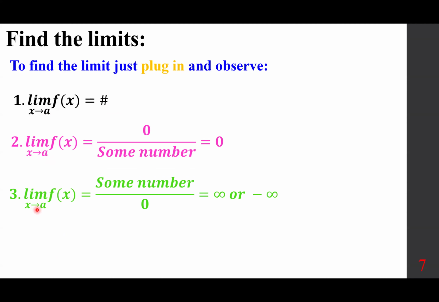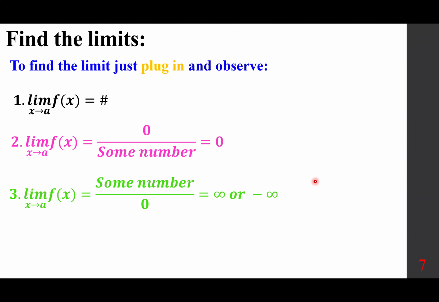The limit of f of x as x approaches 0, if it's some number over 0, might be infinity or negative infinity. And why is that? The number in the numerator is either positive or negative. But 0, as we approach it from the left, is negative, from the right is positive, so it could be either one. And I'll show you how we approach it as we come across an example. Finally,